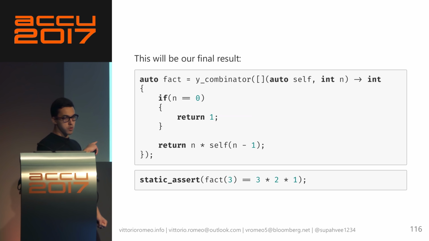And this will be our final result. So when we are defining fact, we will define it through a Y combinator call. And we will still have the auto self parameter here. But both in the implementation and on the user caller side, we will only have to repeat self once. And in the case of the user, we will only have to say fact of 3, which is the desired